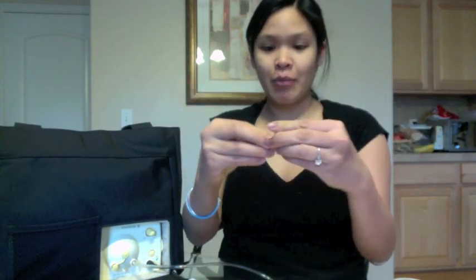But yeah, other than that, you'll just unscrew this part again, cap it, put the nipple on, whatever you need, set it aside, put it in the fridge, put it in the cooler, and then go ahead and redisassemble. So take the shield off, the valve off, the membrane, and then everything goes